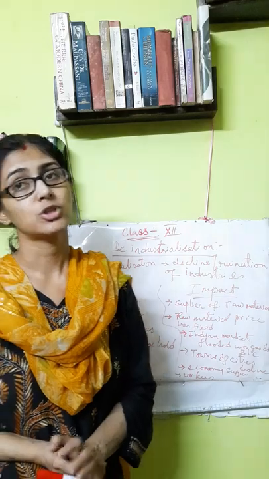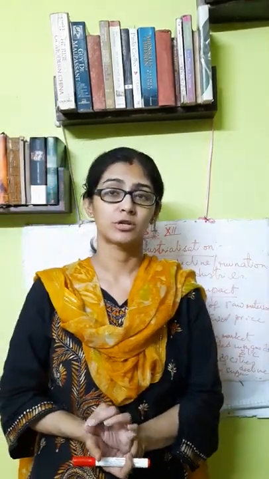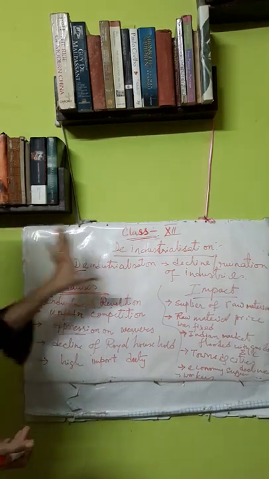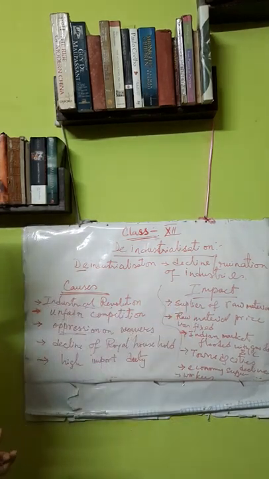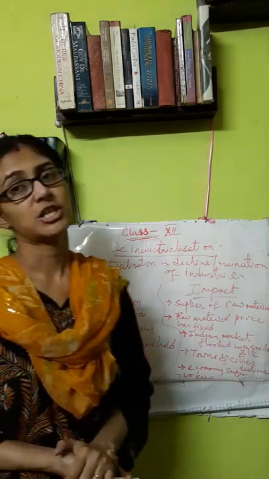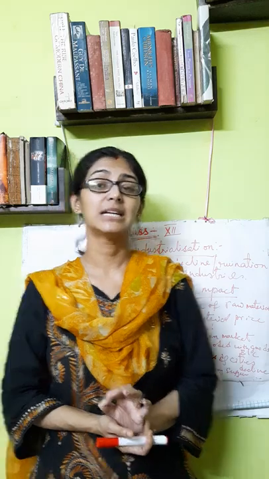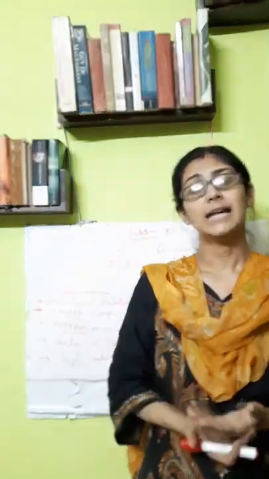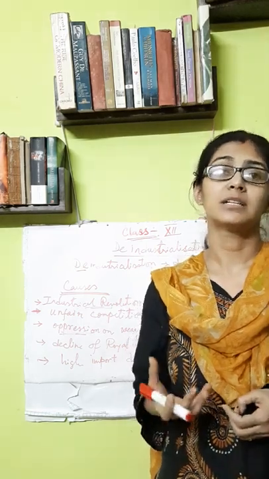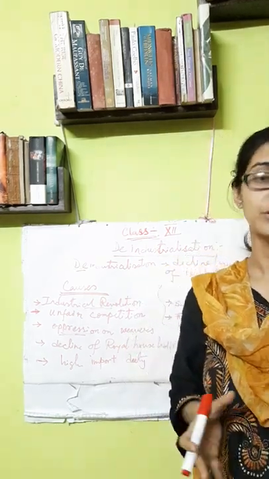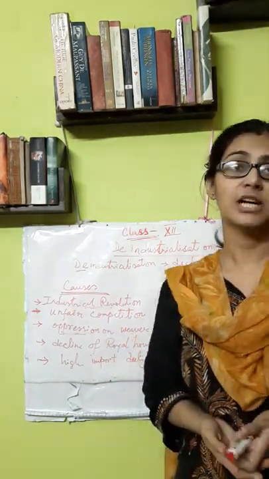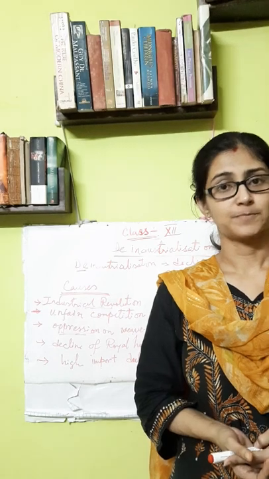So deindustrialization is a very important topic, and from it you should prepare the causes of the deindustrialization and the impact of deindustrialization. Obviously, whatever comes, you have to give a definition of deindustrialization. That is, deindustrialization means the decline of Indian industry, and it occurred after the Industrial Revolution in England, when England started capturing the Indian market. After this explanation, you have to mention the causes and the impact or result of the deindustrialization. Thank you.